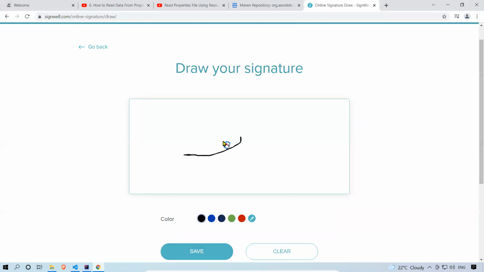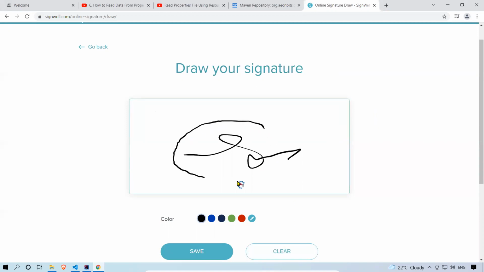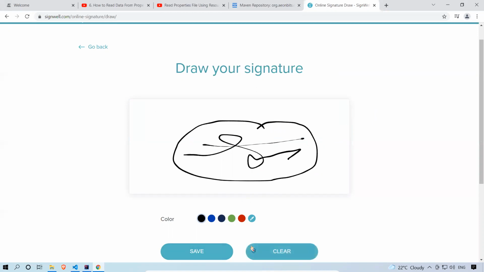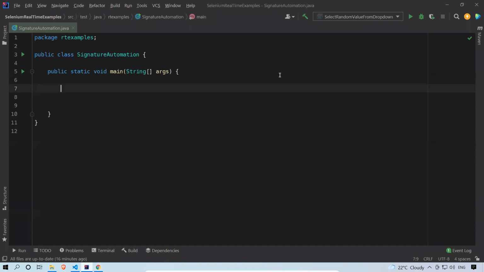I can do something on this, and then I can say save or clear. The challenging part is that I want to draw something inside. If I put something like this, this is also my signature, this also my signature. It's actually very, very simple. We'll give it a try and see how it works.